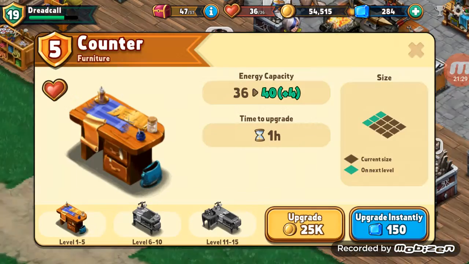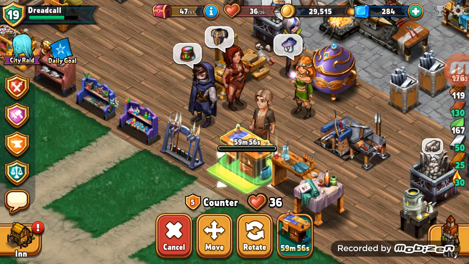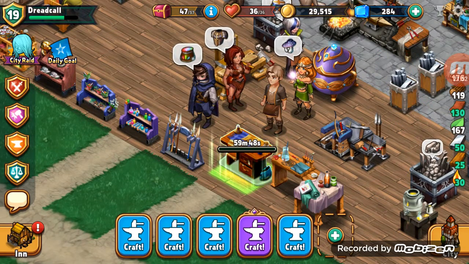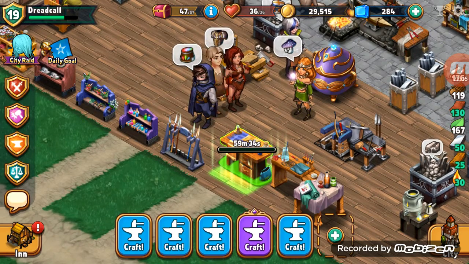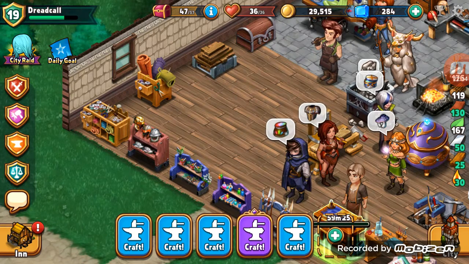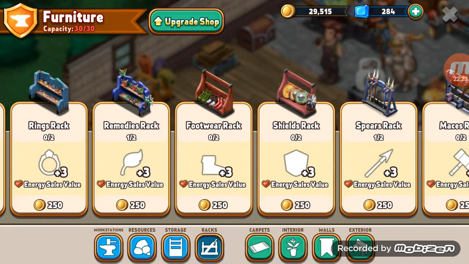And you can also upgrade your counter. Oh yeah, upgrading the stuff. So you can upgrade the counter to increase the energy capacity. And that's how upgrading works. All the stuff you can upgrade, but you can only upgrade one at a time, and the higher level it is, the more time it will take and more money it will take. And okay, more important stuff. These are racks. What these do is increase the energy you get when you sell an item of that type. These can also be upgraded, and they will...